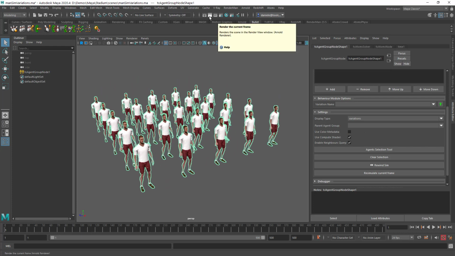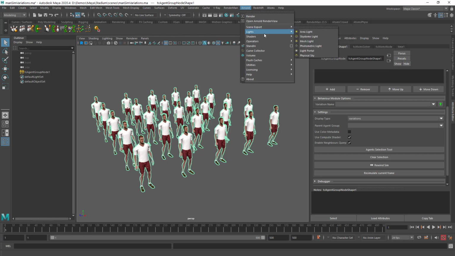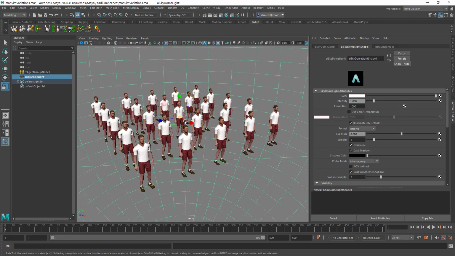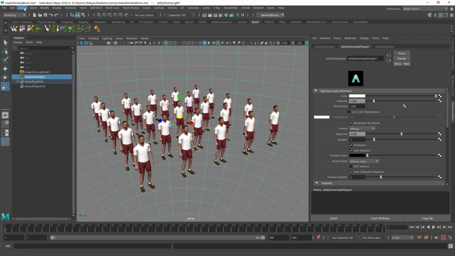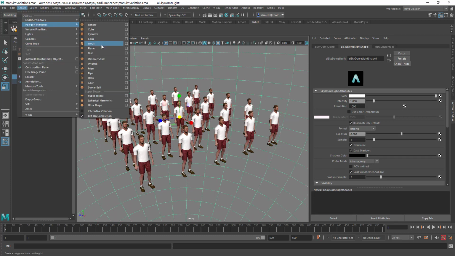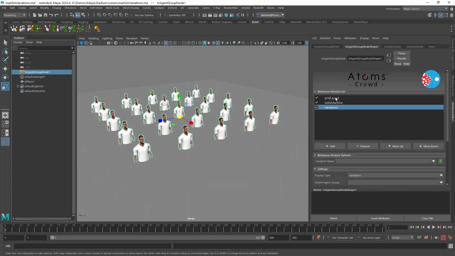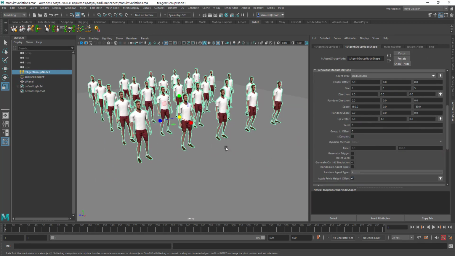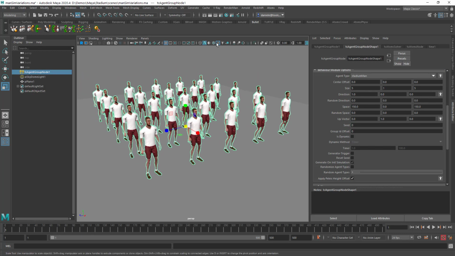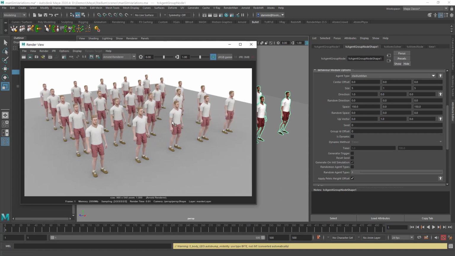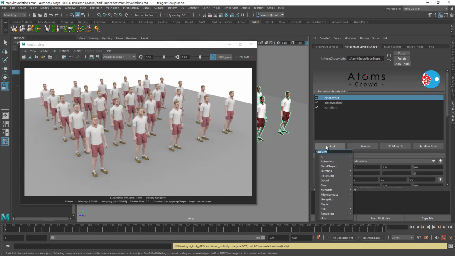I can create a light, sky dome. Let me create a plane as well. Okay, grid layout. Let me apply for this height. If I render here, this is what we see. Okay, so now let's apply our